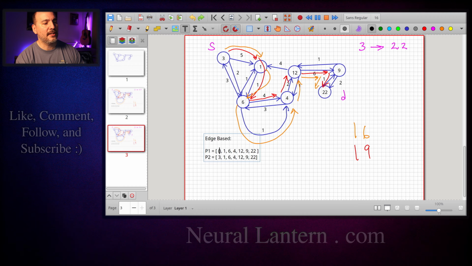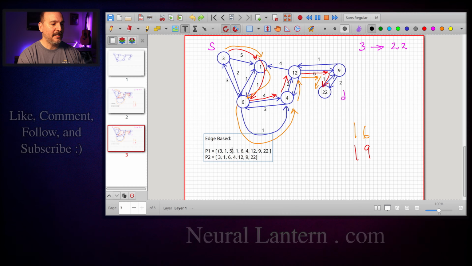So I'm going to say let's use a tuple that has 3 items per tuple. And we'll just say that we specify the start node and then the destination node. So we start at 3, we go to 1, and then the weight of the edge that we choose to travel along. So in this case, there was only one choice for an edge, but we're putting enough information into our hop that this can be considered an edge-based path. So when we go to the 1 node,